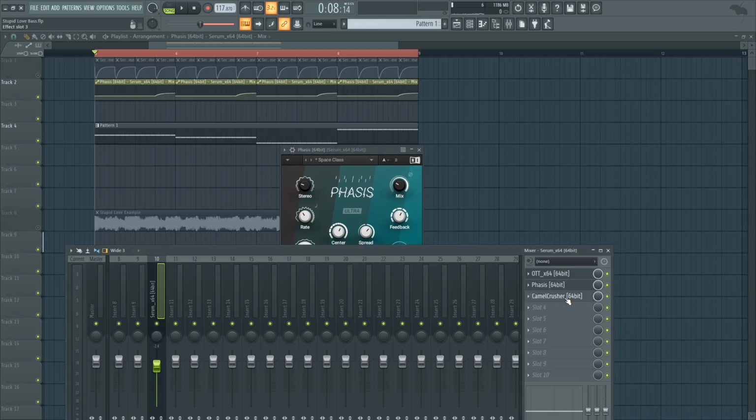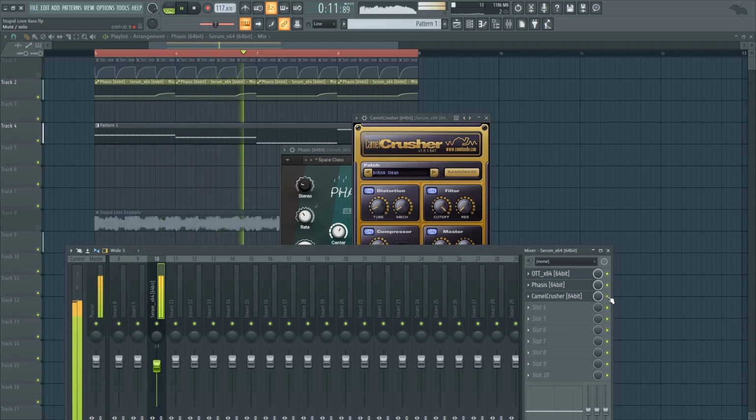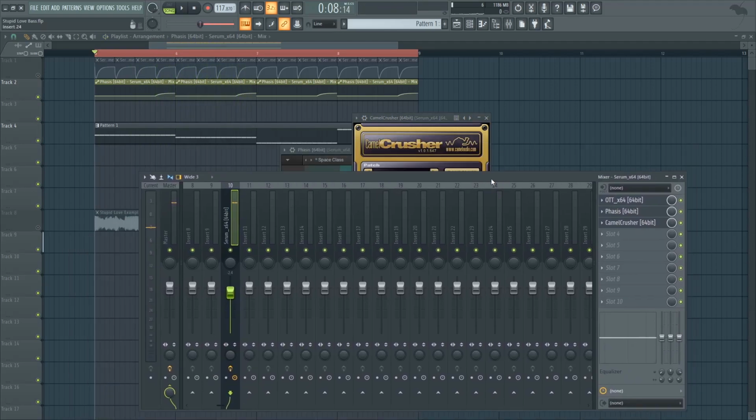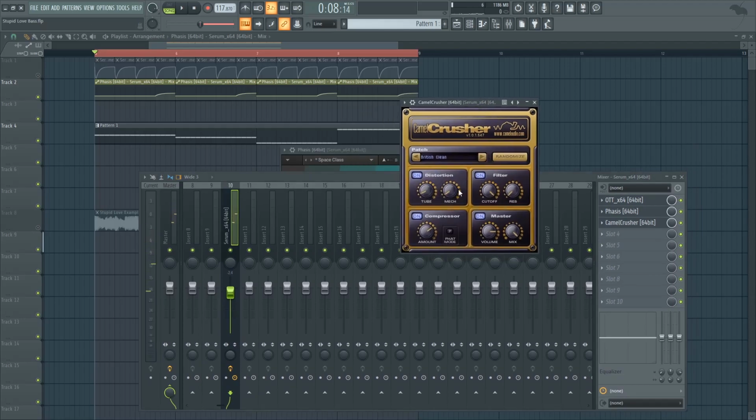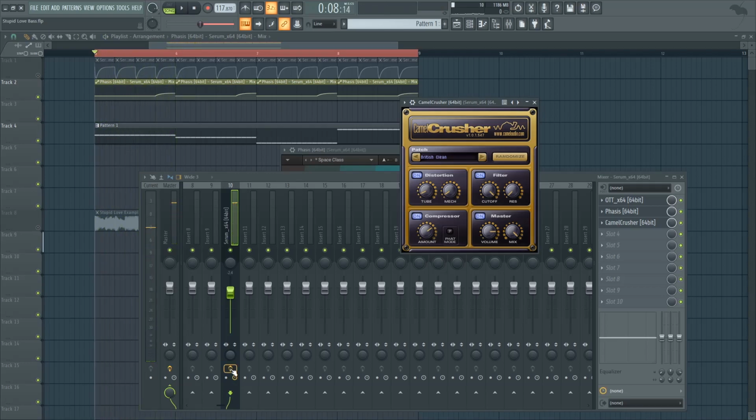And I've also added some Camel Crusher on one of the more subtle settings, the British clean one. So this is there just to make it more powerful, more bassy, just overall more compressed and much stronger in my opinion. So altogether, without these effects, it sounded like this. And with the effects, it sounds like this, which is far more powerful and more reminiscent of the powerful sounds in the original song's production.